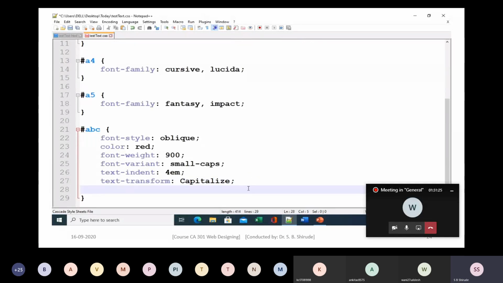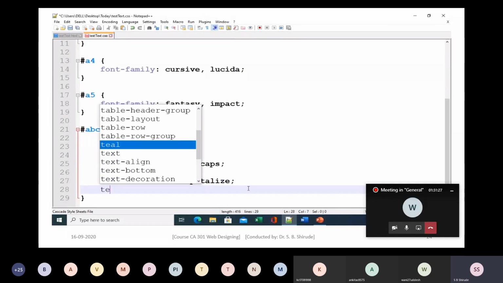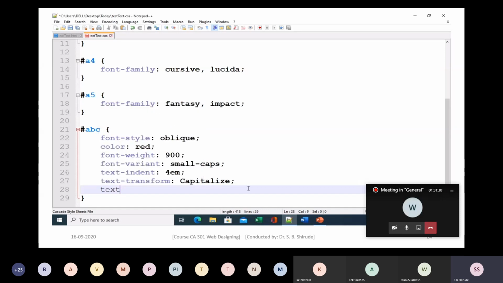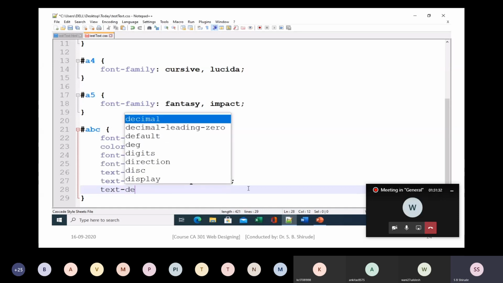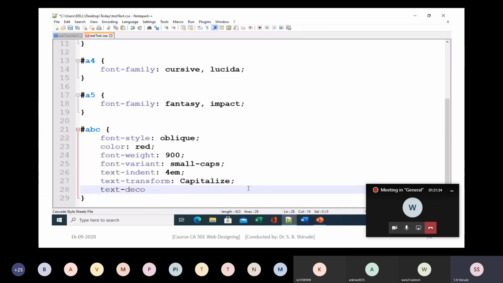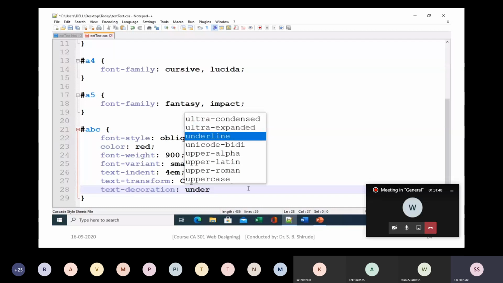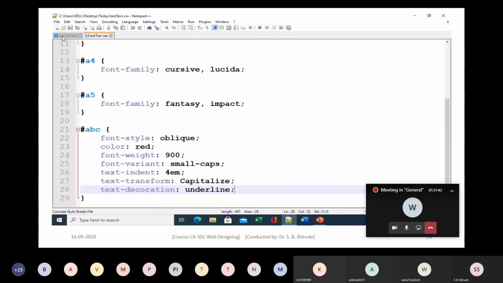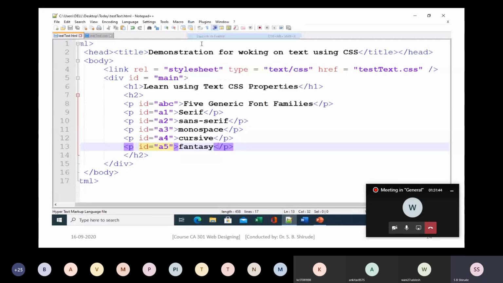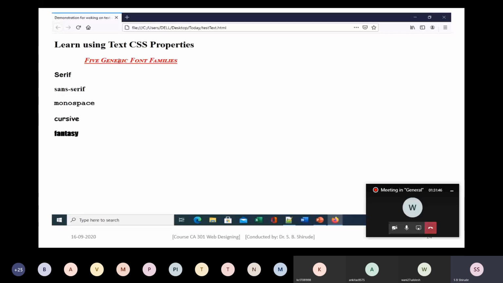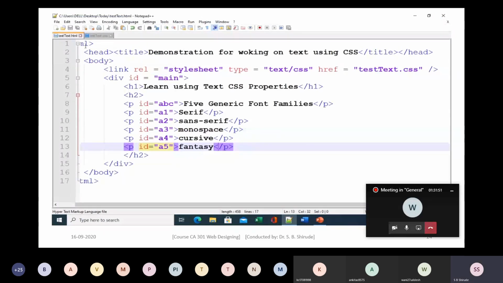Then after that, the last property that we are going to learn here is text-decoration. This is the property that we can use while working with the text. I've used text-decoration underline, so the particular line is underlined.